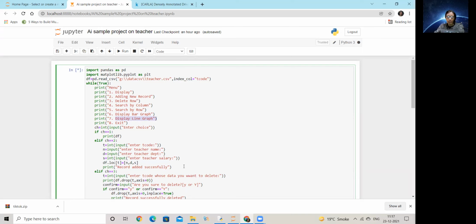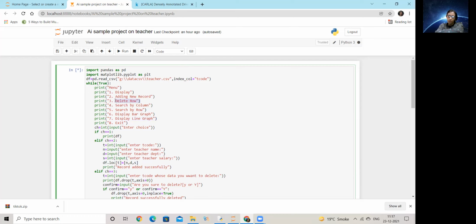I have not talked about adding a new column because if you keep on adding records and then do it simultaneously, add record, add column, then you have to keep track. Its code will be made in a different way because an extra row gets inserted. So when you are adding a new column, the number of entries will be more. If deleted, the number of entries will be less. So that is a kind of dynamic thing we have to do. That is why I am not really going into that particular part.